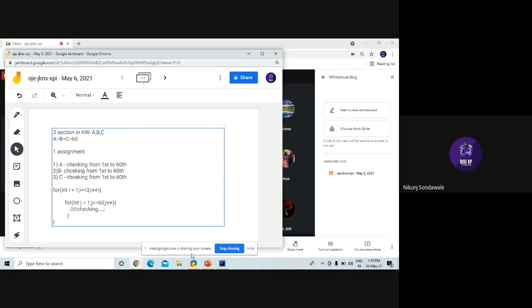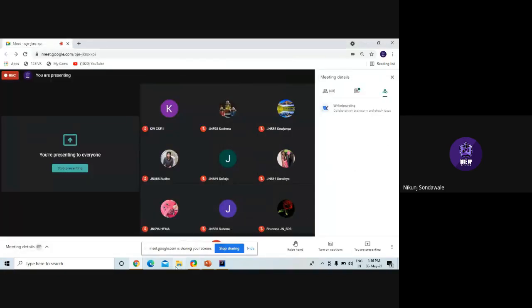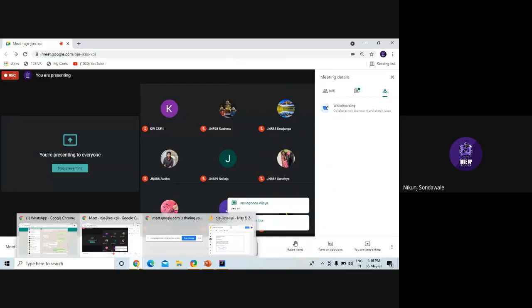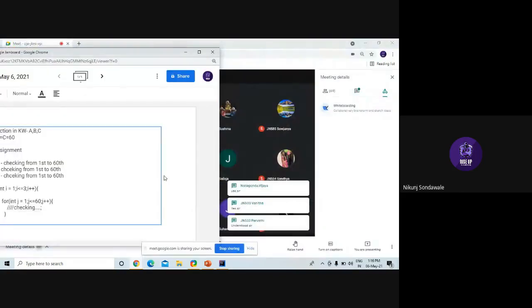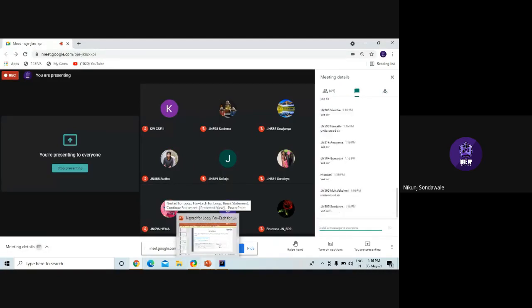So, did you guys understand this nested for loop with the help of this simple example? Just let me know. If you guys are confused, I'll explain again, no problem. What about the other girls? We have 66 students in this class. Okay, Vanita. Okay, Parvati. Thank you, Anupma. Okay, I'm really glad you guys are getting this point. That's great, Shravanti. That's great, Pawnee.